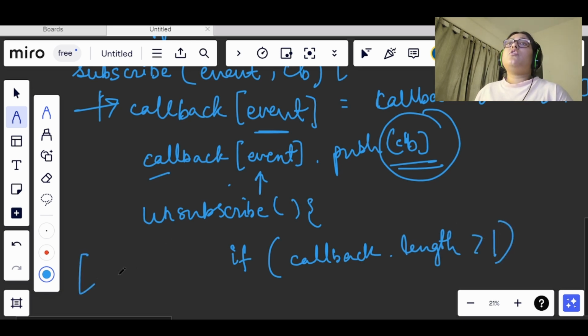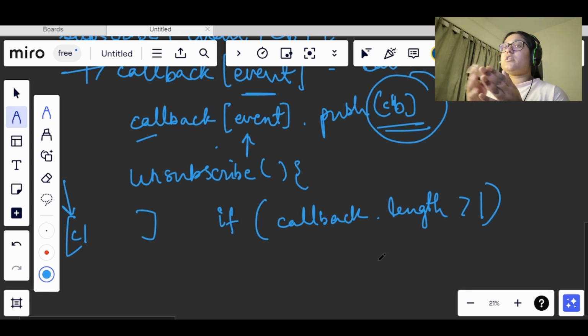So what we have to do, whenever this subscribe is getting called, it will be in the same order as the way the callback functions are called. So whatever callback value is getting stored at 0th index, it will be the same for the first subscribe that is getting unsubscribed. So in such cases, when the length is greater than 1, we will simply shift the array.